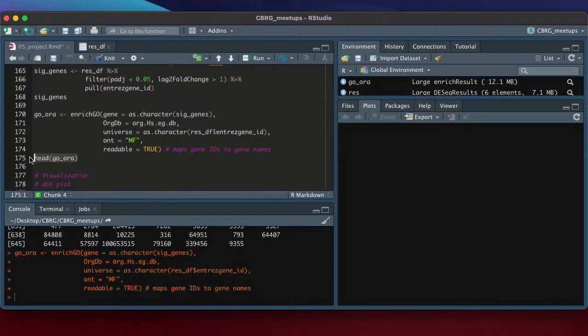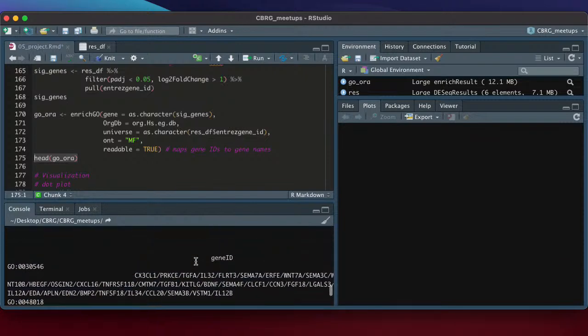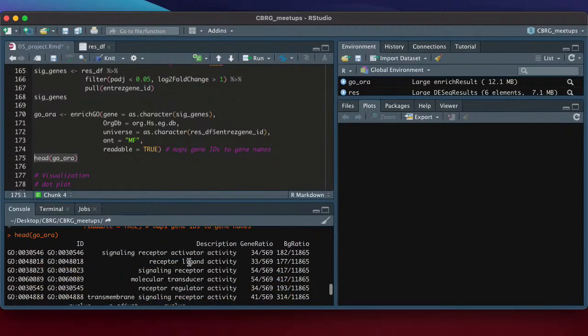We now have our results, this go_ora. And again, if we just wanted to see the first few terms, we can use this head function. You can see these are the GO terms that have come up as being significantly regulated in our query gene subset.